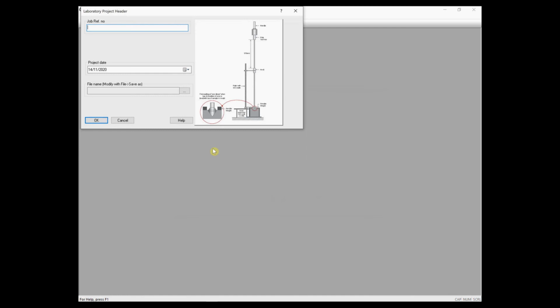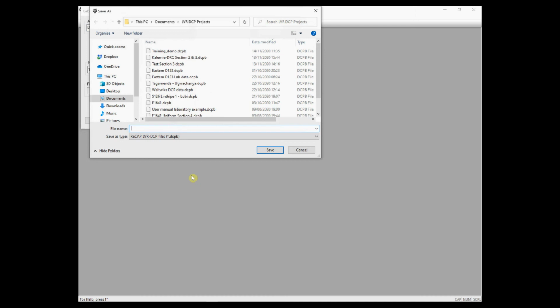Then you have to assign a job reference number or descriptor to make sure that you don't mix it up with other laboratory test results. Say you can use your road number, D123. And if it is test pit results you're going to record, you can include that in the job reference. Then you have to save the file with a unique name